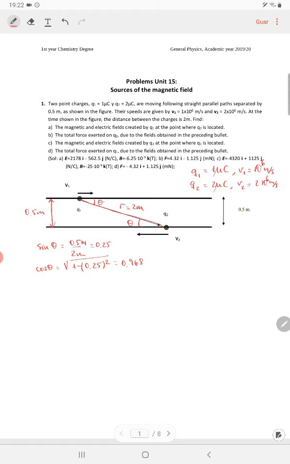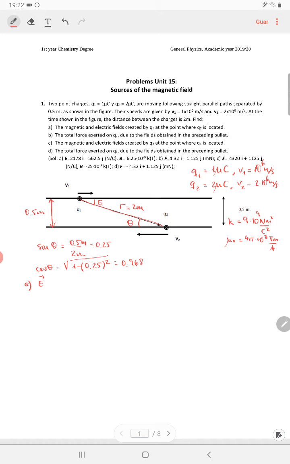For that, we're going to need Coulomb's constant, which is 9 times 10 to the 9 Newton square meter divided by square coulomb, and we're also going to need mu sub 0, which is 4 pi 10 to the minus 7 Tesla times meter divided by ampere. Okay, so we begin in section A by